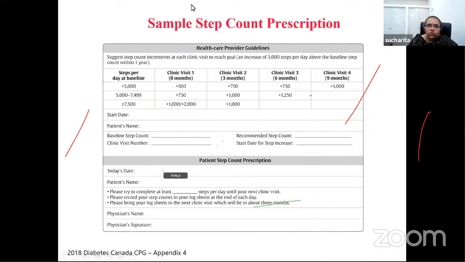There is also a sample step count prescription. And of course, this is important because we never consider asking an individual whether they were able to attain the targeted steps. And nowadays, most mobile phones as well as watches are able to provide these step counts. So this is something I thought will be very useful